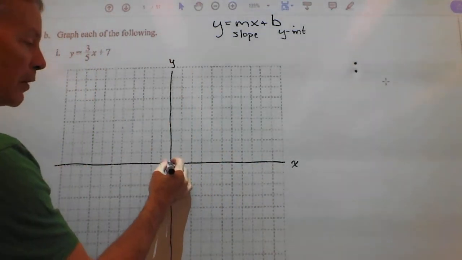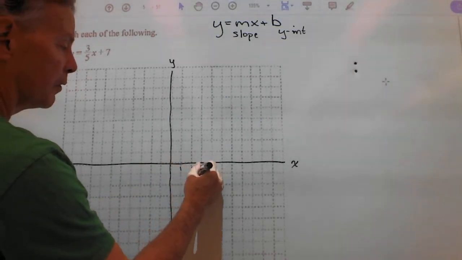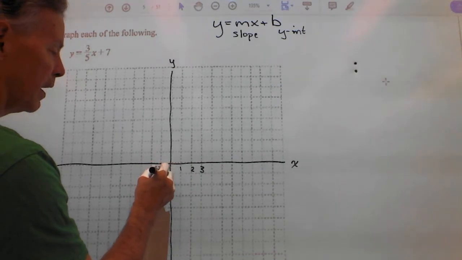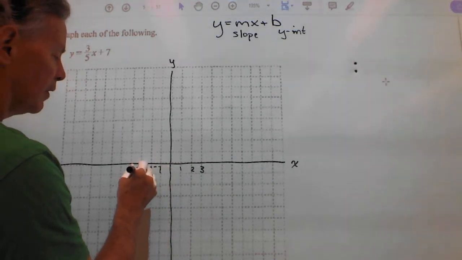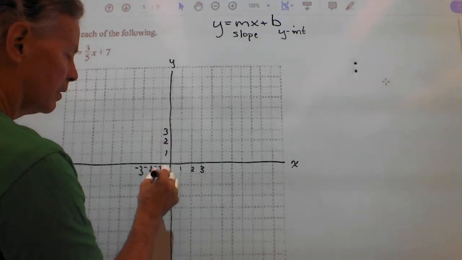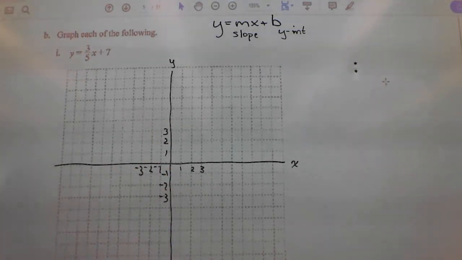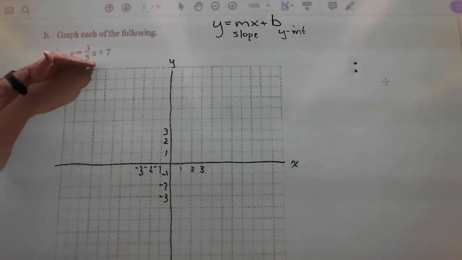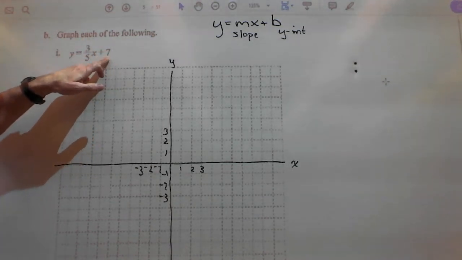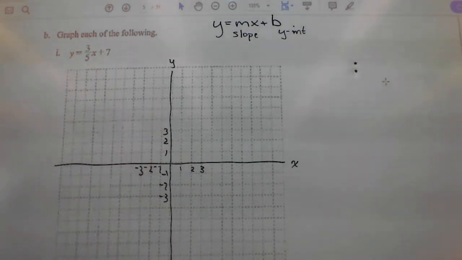And remember, the origin is always at 0 and 0, so that means we go 1, 2, 3, and so on, -1, -2, -3, and so on, 1, 2, 3, -1, -2, -3. Okay? So to graph this, we first plot the y-intercept, which remember is the point where the line crosses the